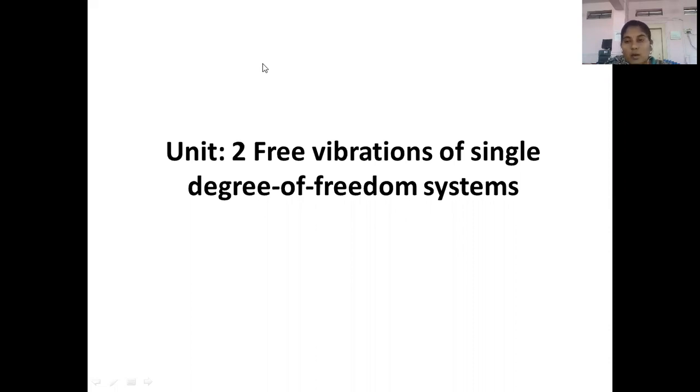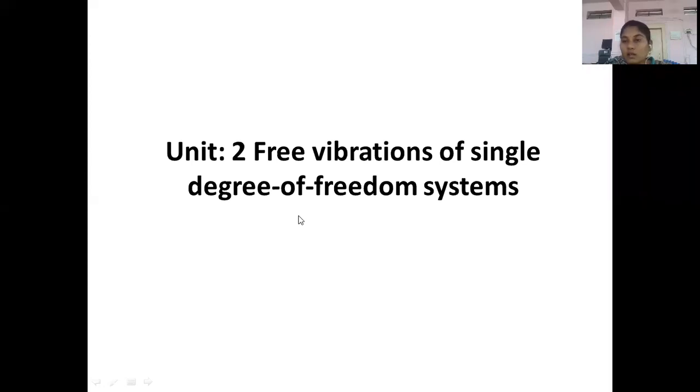Whether your examination is online or offline, this is very important, because you should know what free vibration is and what forced vibration is. After that, the concepts of damping and undamping, and what the degrees of freedom are. What is static load, what is dynamic load, you should know all these parameters while giving the examination, whether it is offline or online. So now we'll move towards unit number 2.